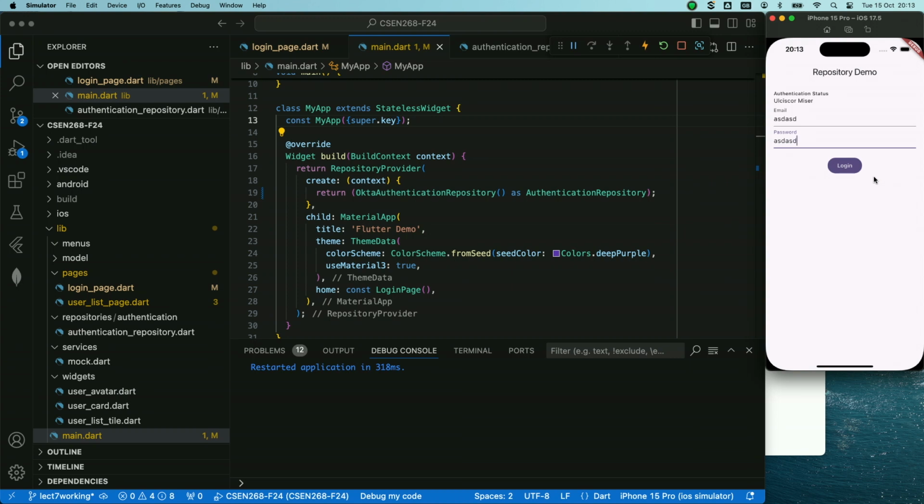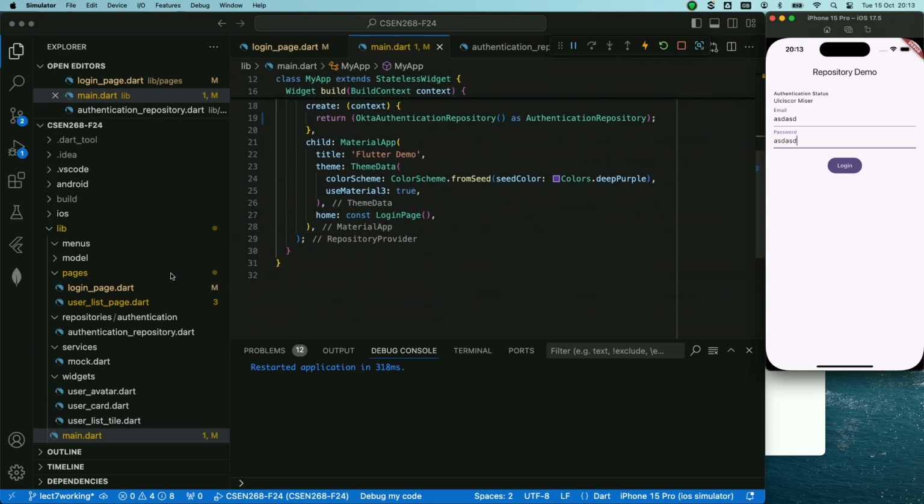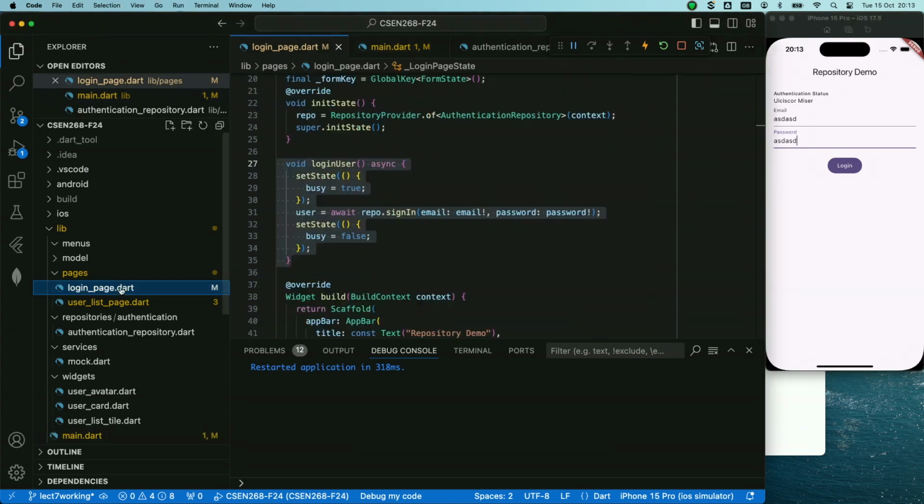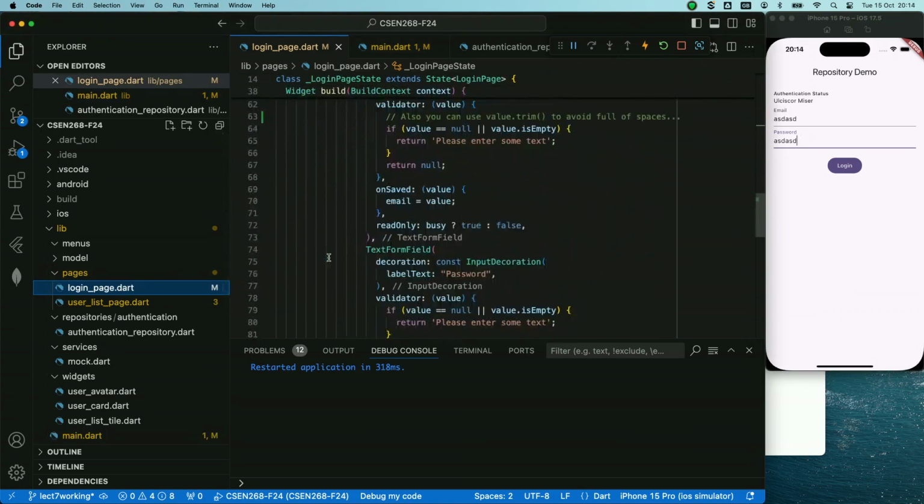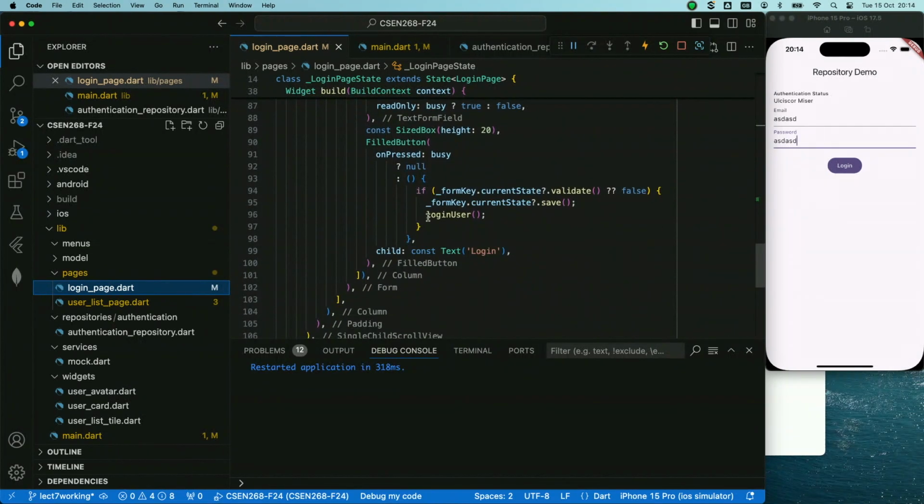And any questions so far? Yes, Rashid. In the onPressed part, after busy there's a question mark null. What does it do? What does that mean? Here. Yeah, the question mark null part. Yeah, this one. So this is basically a conditional,